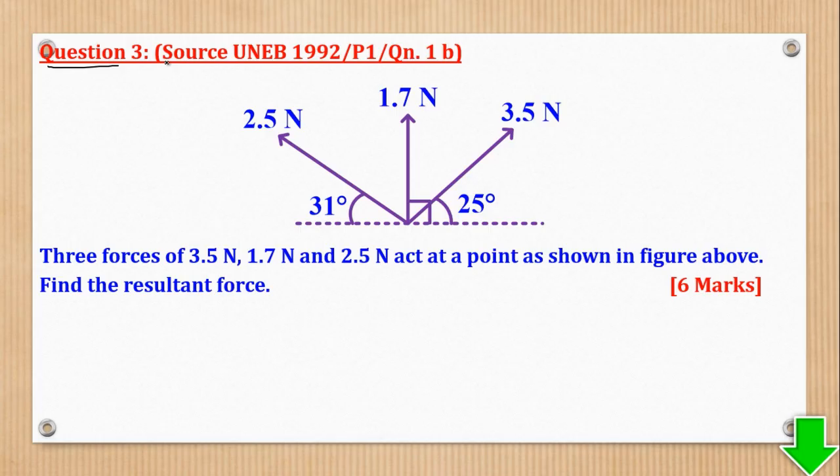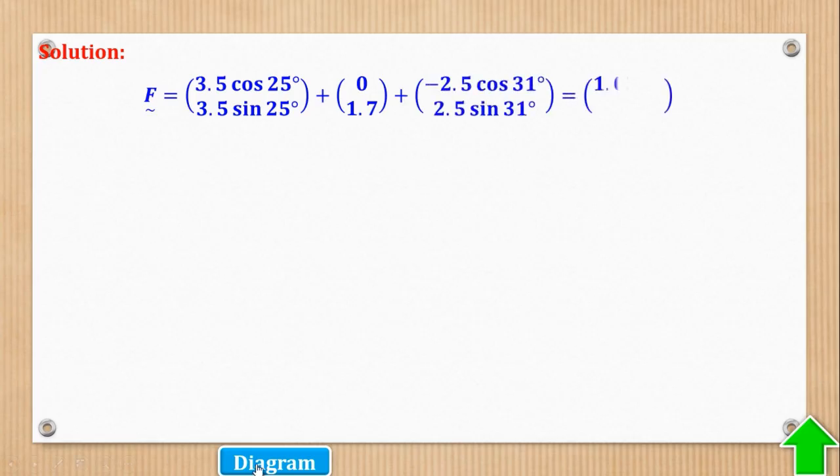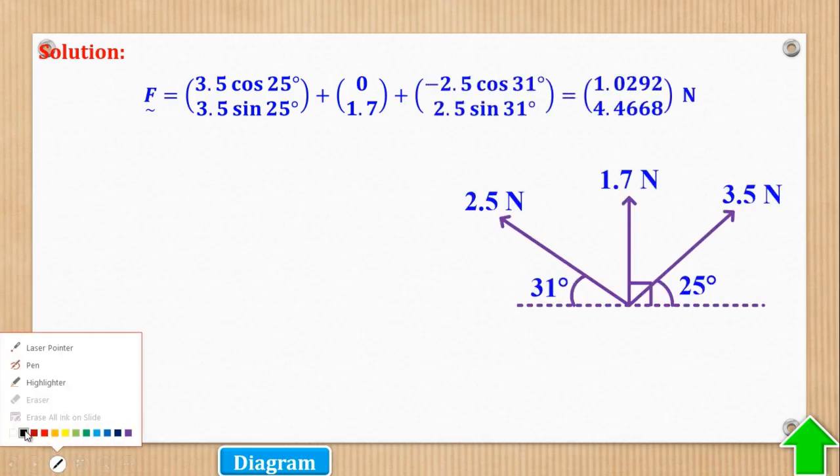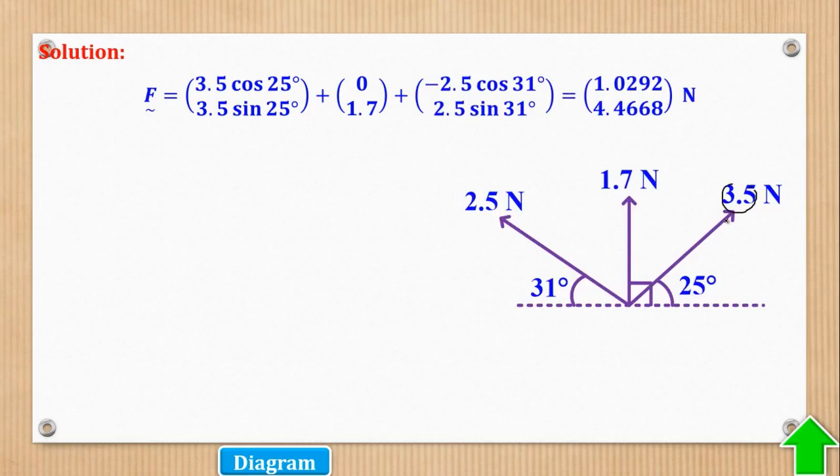conversant with the topic. So question 3 came from U.A.C.E 1992, paper 1, question 1b, and it says, 3 forces, these ones, act at a point as shown in the figure above. Find the resultant force. So still we shall follow the same procedure. Resolving, so resolving 3.5,